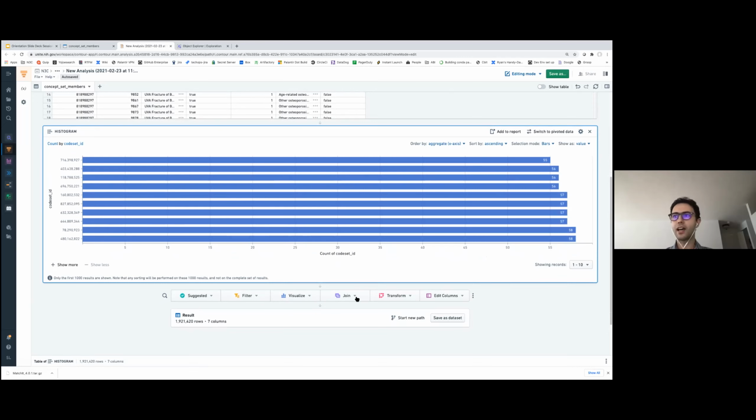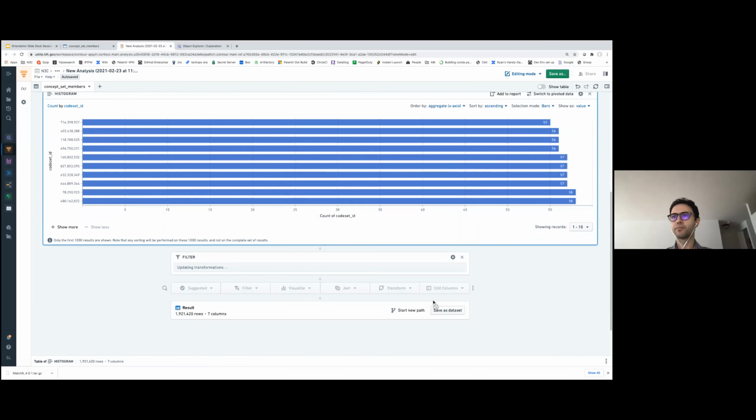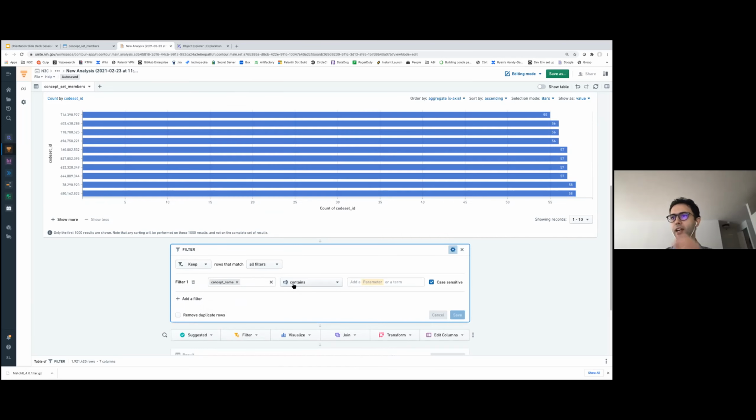So let's say I want to filter to a concept set of interest, and I can apply a filter board for that. And let's say I'm interested in concepts that contain the name pneumonia in them. So I'm going to pick the column concept set name, and I'm going to keep the ones that contain the string pneumonia.